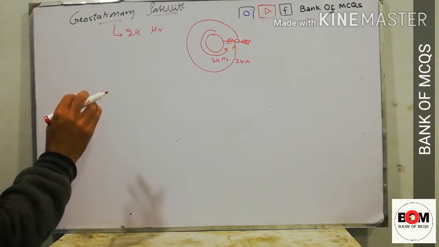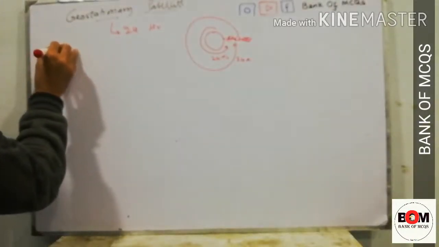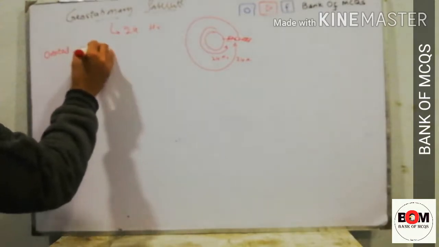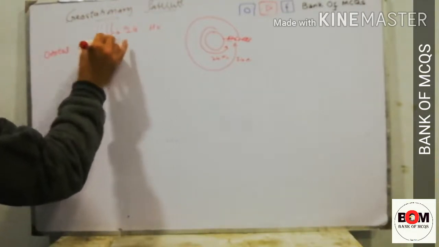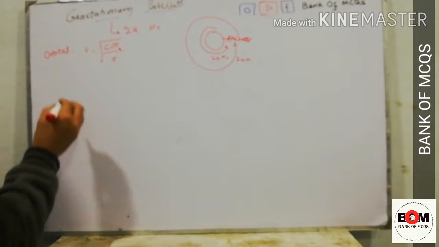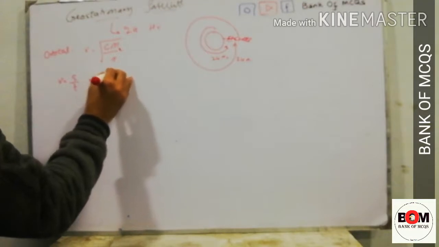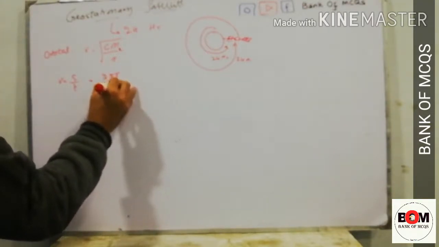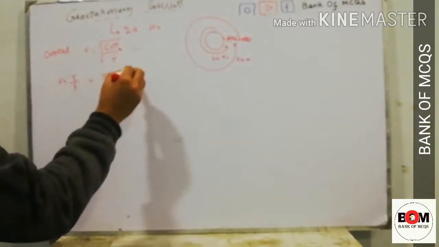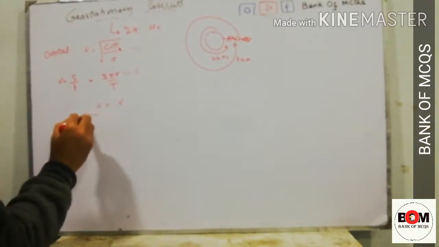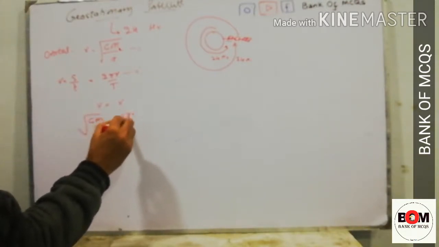Now the next thing is that the orbital velocity of a satellite is given by V is equal to under root Gm divided by R, while the velocity of earth is V is equal to S divided by T, where the whole circumference of the circle is S is equal to 2 pi R, so V is equal to 2 pi R divided by T. If both speeds are equal, we can say that equation 1 is equal to equation 2, where V is equal to under root Gm E divided by R, and V is equal to 2 pi R divided by T.